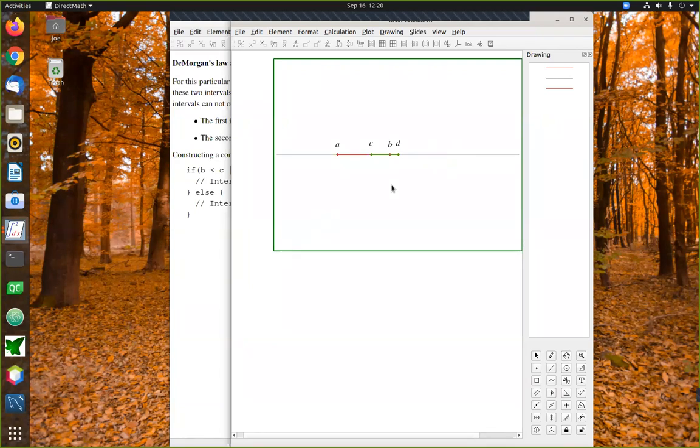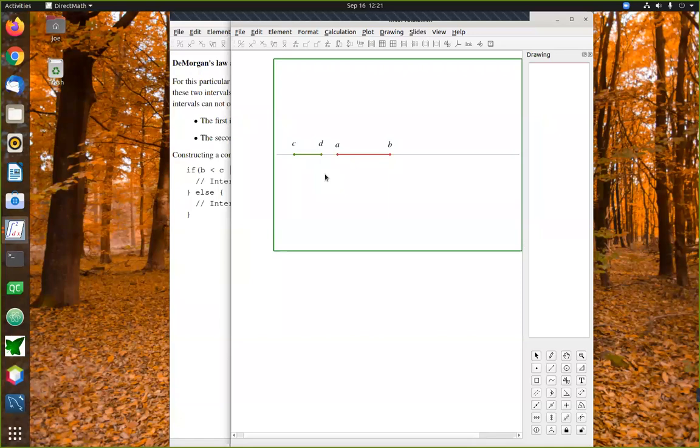Now, sometimes if you're trying to capture something and you discover that it's too hard to write a test for the thing going on, sometimes a better approach is to instead ask the opposite question. Can we figure out the scenarios in which these things don't overlap? Now, this is actually quite a bit simpler because in the case of these intervals, there's only 2 ways that they do not overlap. Here's one scenario. In this scenario, they don't overlap precisely because C is greater than B. Here's the other way that they can't overlap. In this scenario, they don't overlap precisely because D is less than A.